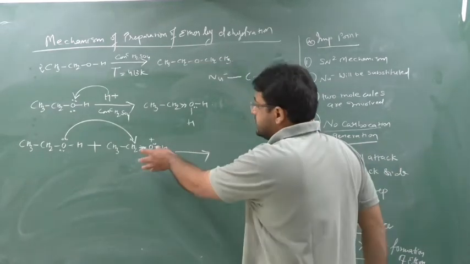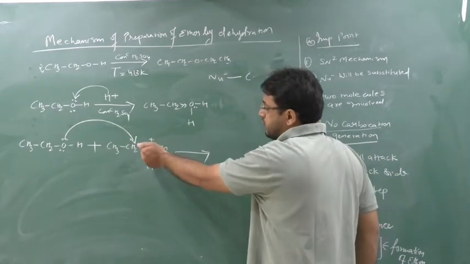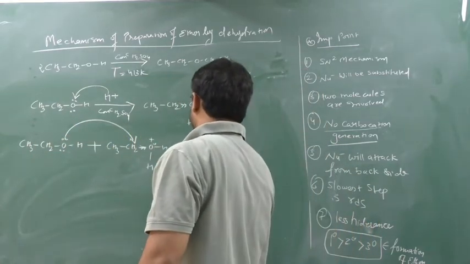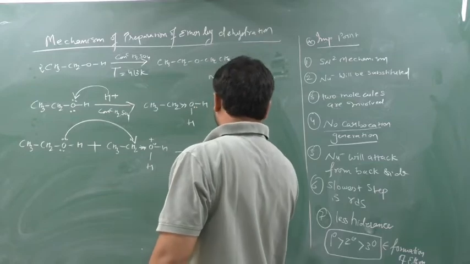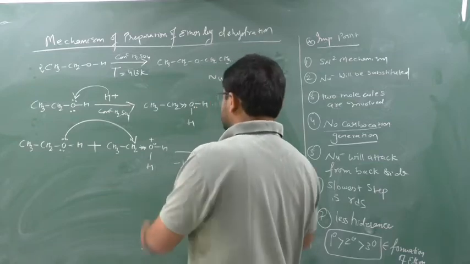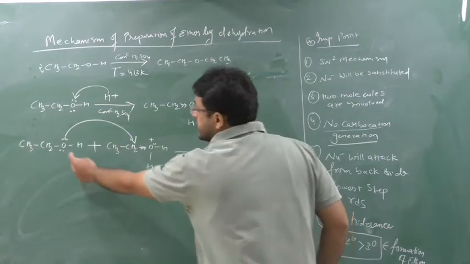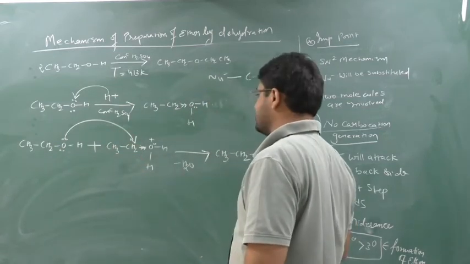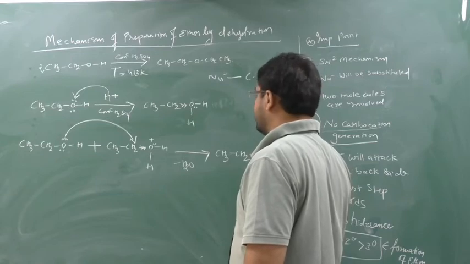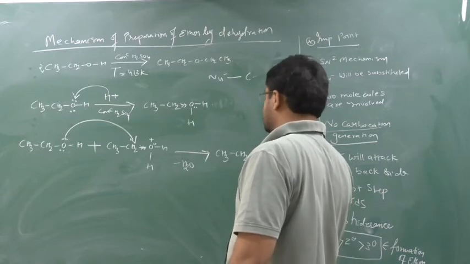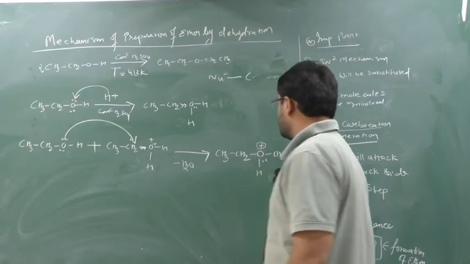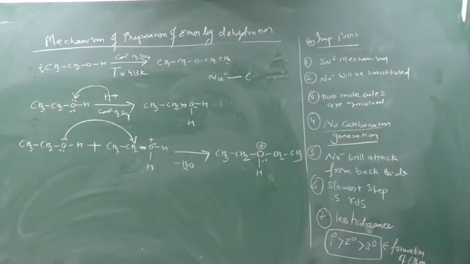So what happens? This oxygen wants to gain the electron. So this water starts to go, and this will start to come here. Water will be released, and what will come? Here CH3CH2. As soon as this water goes, this comes. Who comes? This oxygen comes to react with this CH2. This oxygen, along with it, is having one H. Here CH2, here CH3, and the oxygen will carry the positive charge and one lone pair. So there will be no generation of carbocation.